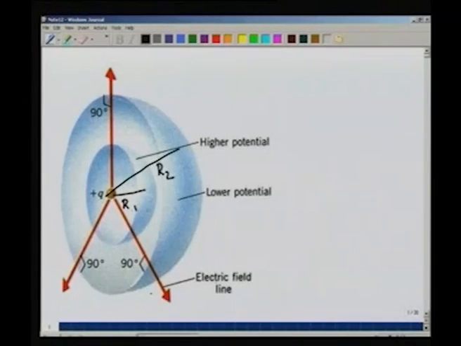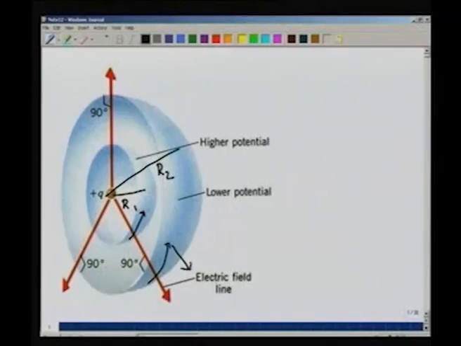And the red lines that I have drawn here, the brown lines, they tell us that the field lines are intersecting these equipotential surfaces in a perpendicular fashion. The field lines are radially outside, and therefore if I were to move along this sphere, I would not be changing my electric field at all. Is that okay? The direction would change, the magnitude would not change.